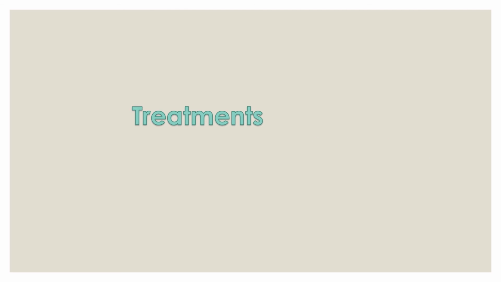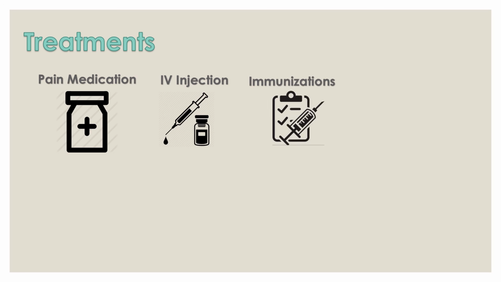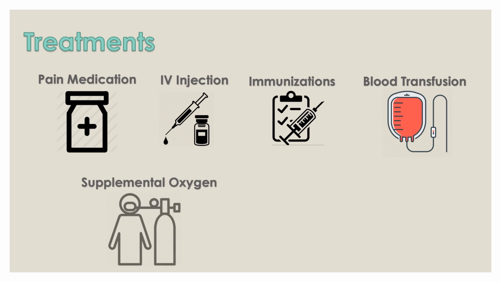There are some treatments that have been labeled as successful in treating patients with sickle cell anemia. The treatments for sickle cell anemia may include pain medications to help ease the pain, IV injections to rehydrate the body, immunizations to help fight against infections that could lead to further health complications, blood transfusions to return hemoglobin level to normal,